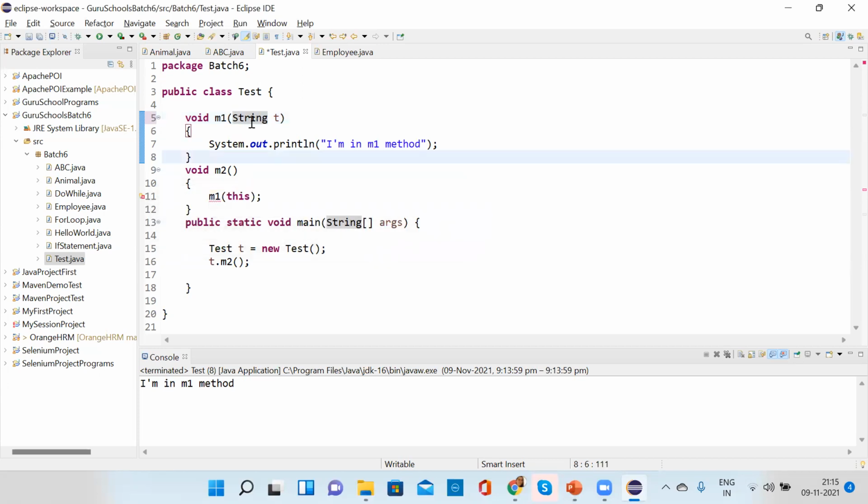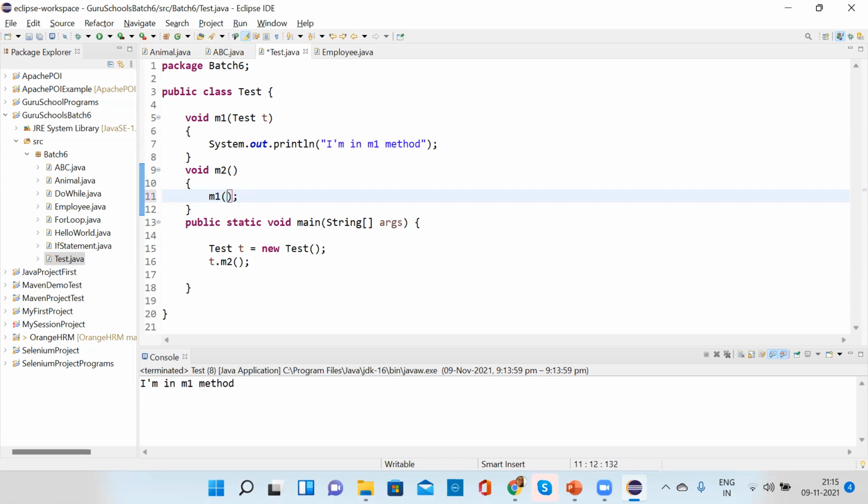So Test is the only correct type. Whatever the class name is, that is okay for passing the argument as this. Understood? Chavi, can we just do it once without passing this, creating an instance and then calling M1 through M2?